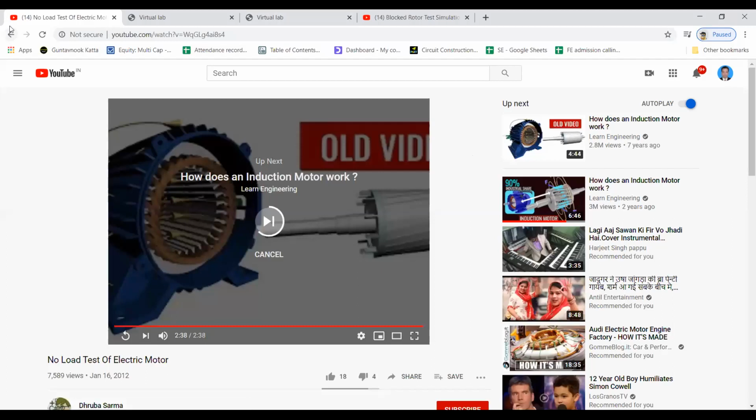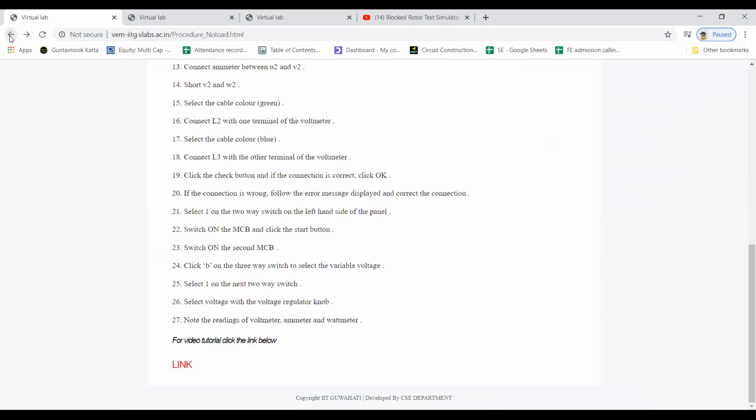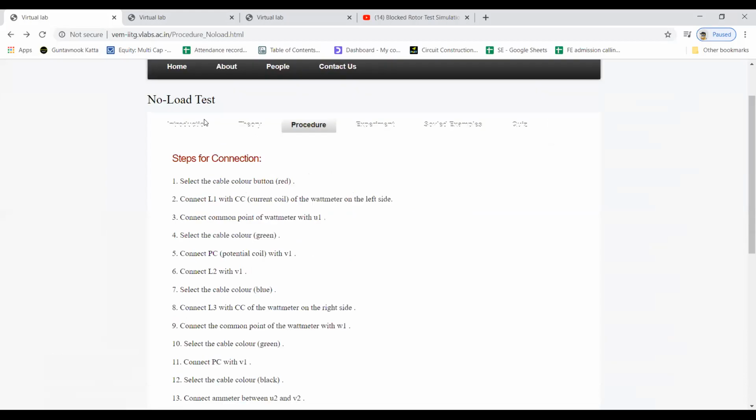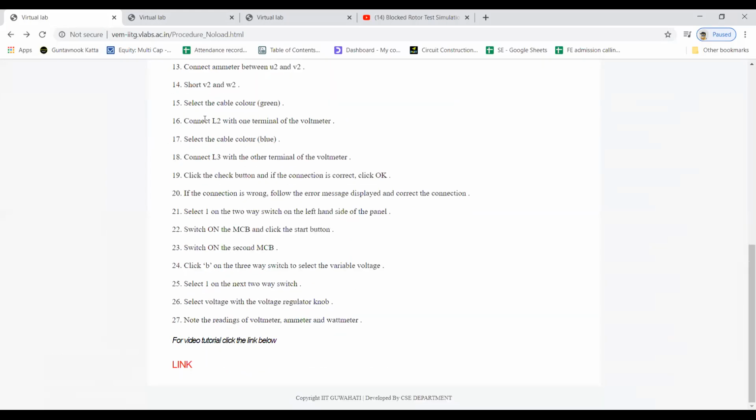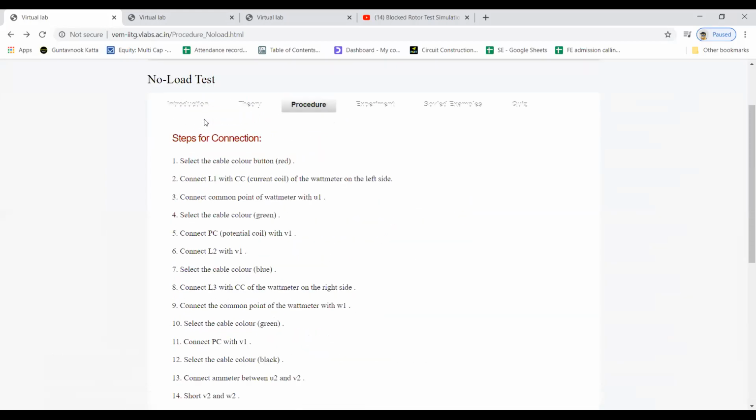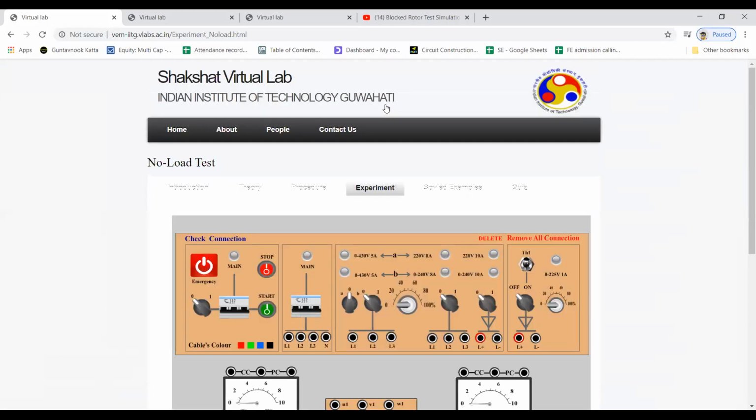Okay, so this was the procedure. How to make connections, that video is also there. So you can go through this video, or you can read these connections which are shown here, and then you can move on to the experiment.